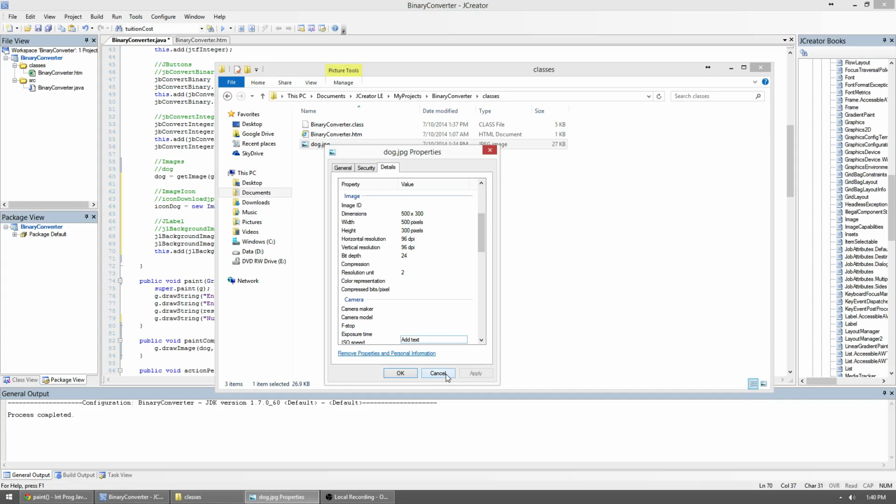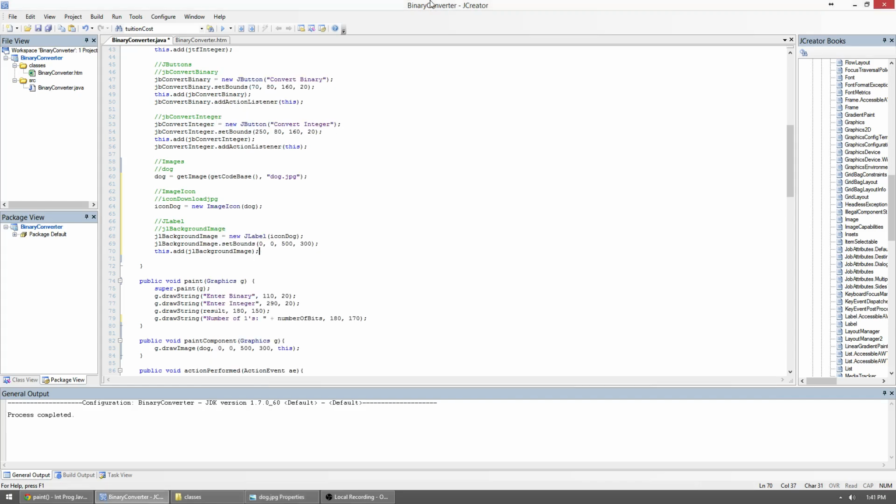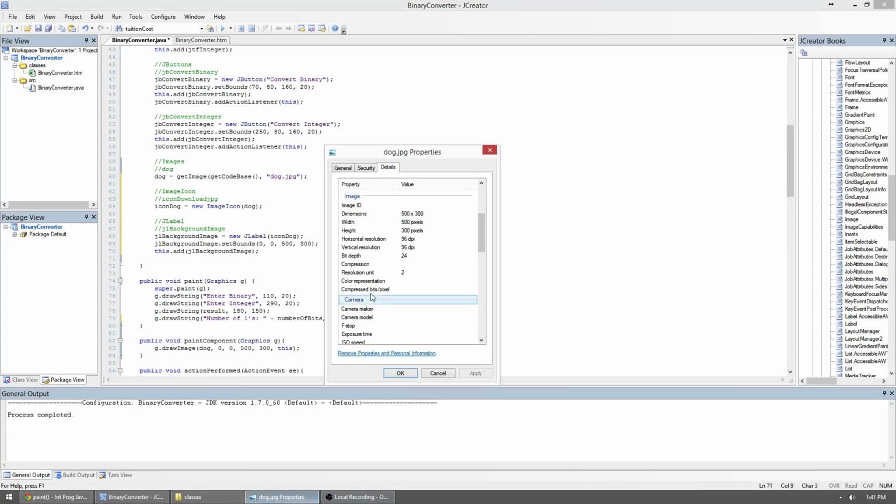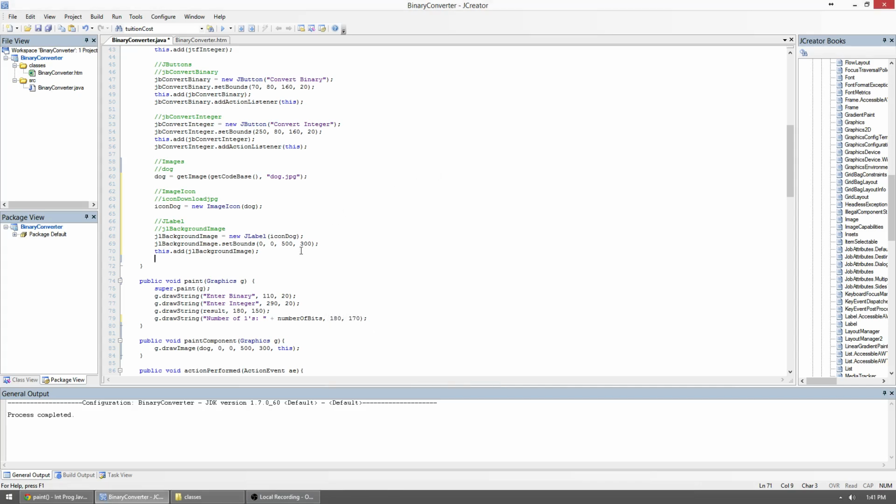So if I had this set to 200 by 100 and I ran this, even though I have it set to 500 by 300 here, it's still only going to be a 200 by 100 image. So you're going to have to manually go in and change the width and height of this inside of a paint program or Photoshop or something like that. You can Google how to do that. It's pretty easy. So once we go ahead and run this,